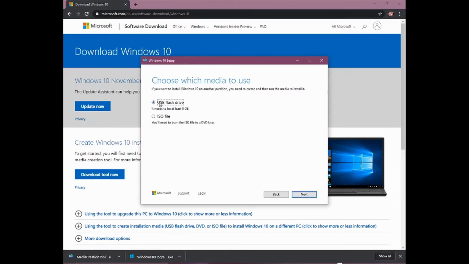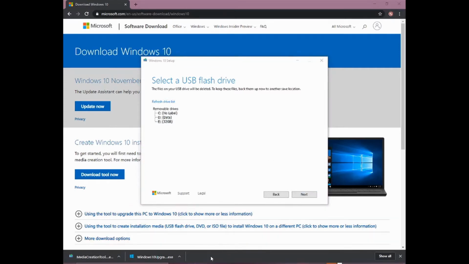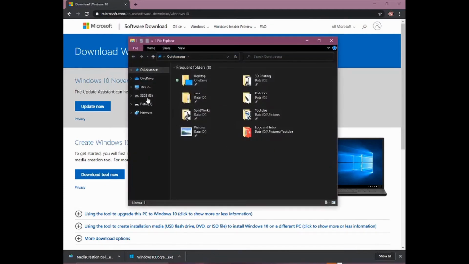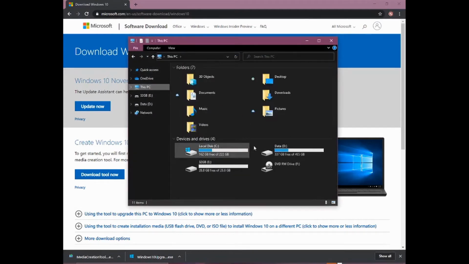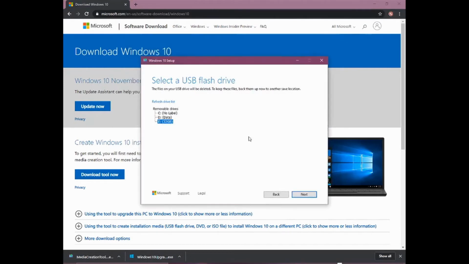Then you're going to need to either plug in a flash drive or a DVD. I'm going to use a flash drive in this instance, so click next. Select your USB flash drive, which you can find in your Windows, then going to this PC, and you can see that 32 gigabyte E drive is my flash drive. So I'm going to select my E drive, click next, then it's going to say getting a few things ready,